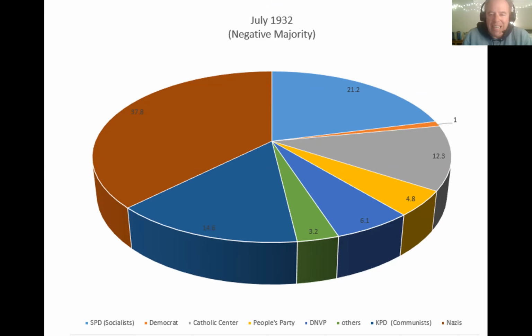This is a kind of popular rhetoric, and by 1932, in the parliamentary elections of Germany, there's the creation of what's called a negative majority. That is, the majority of the German Reichstag is committed to the destruction of the democratic state, whether it's the 38% or so that vote for the Nazis, or the 14.5% that vote for the communists. Now, the Nazis and communists hate each other, and they're fighting in the street. These parties have paramilitaries, but nonetheless, they're equally committed to the destruction of German democracy as a whole.